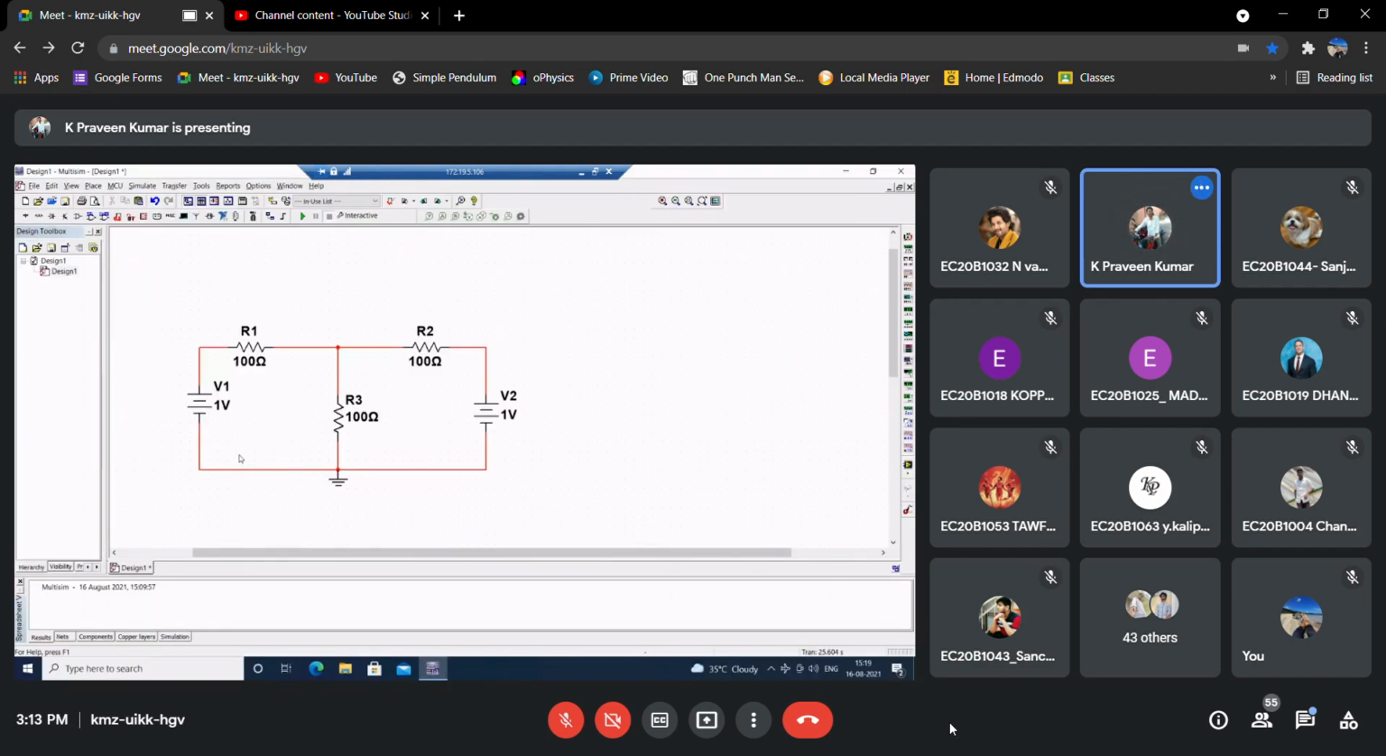Right? So this is my voltage probe. This is my node, so place it here. Similarly, this is the current probe. We'll take one more current probe. Right. So now just simulate. So now if you observe here,